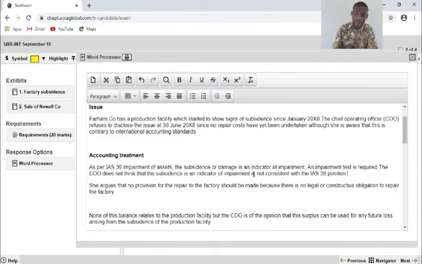Now, I'm going to look at the next point. She argues that no provision for the repair for the factory should be made because there is no legal or constructive provision.